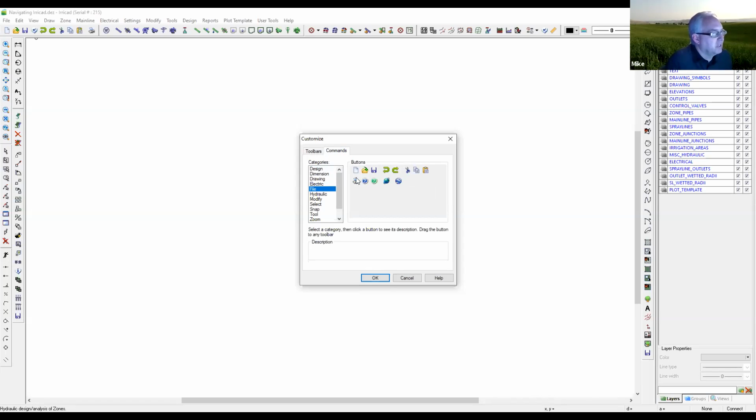So when I click on the File option here, it shows me all the tool buttons that are associated naturally with that toolbar. And if I click on any of them, it's going to give me a description down below of what that toolbar is for. So we can learn a little bit about them and then determine how we want them to be oriented on